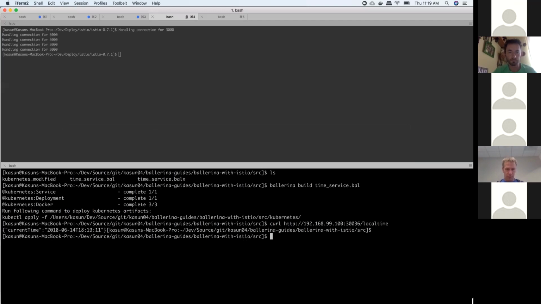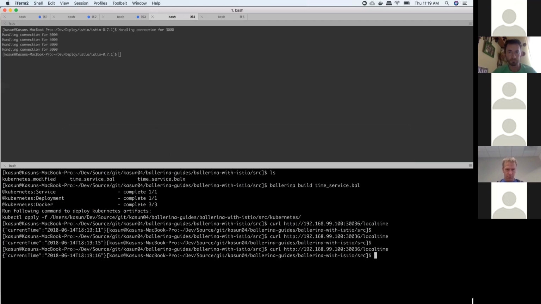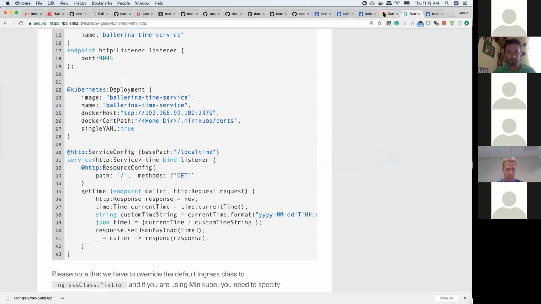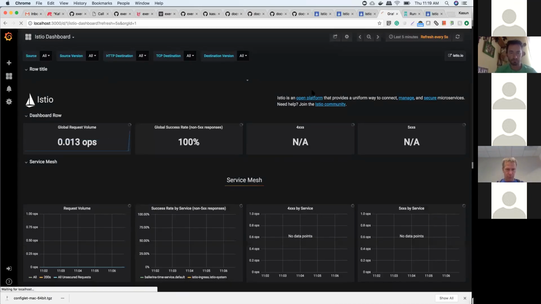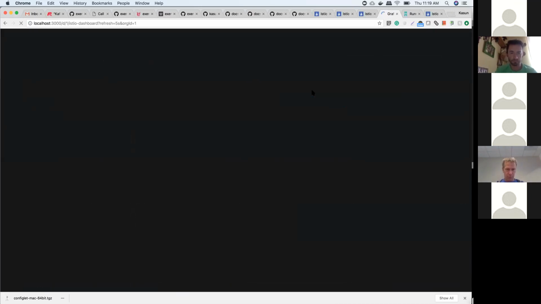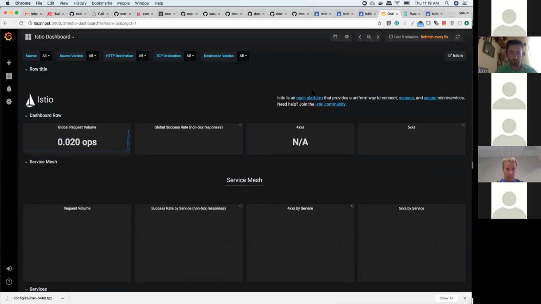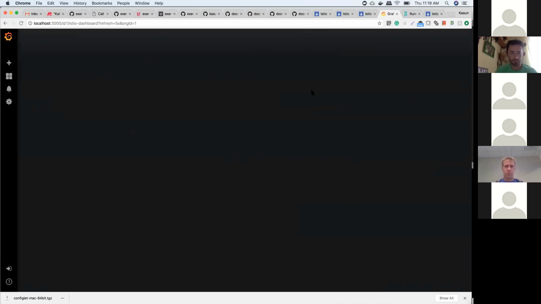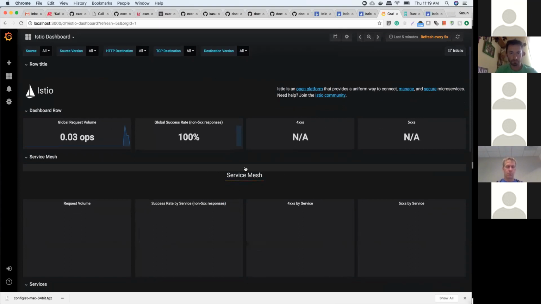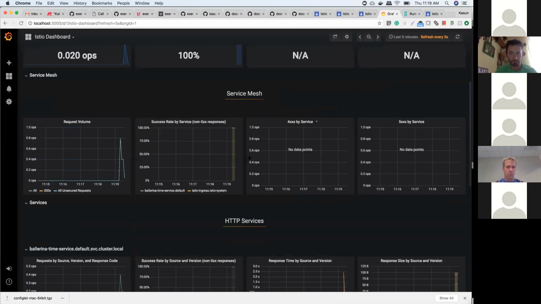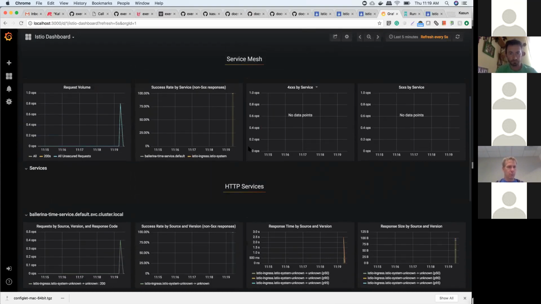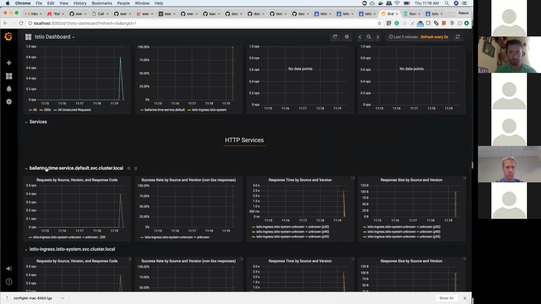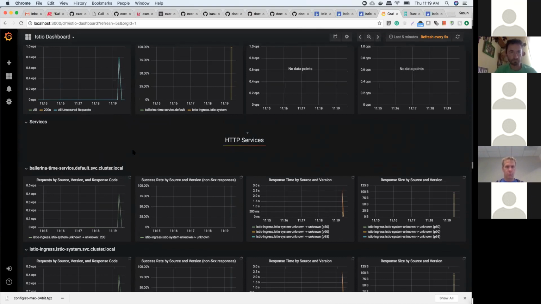Okay, and I also have installed the Grafana add-ons. We can see on Grafana. So I have installed Prometheus and Grafana add-ons, and I should be able to see the inbound traffic to the mesh as well as the HTTP service, which is the Ballerina service. So it's pretty straightforward